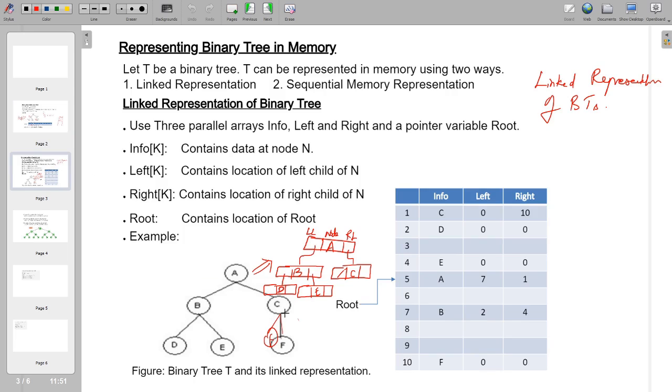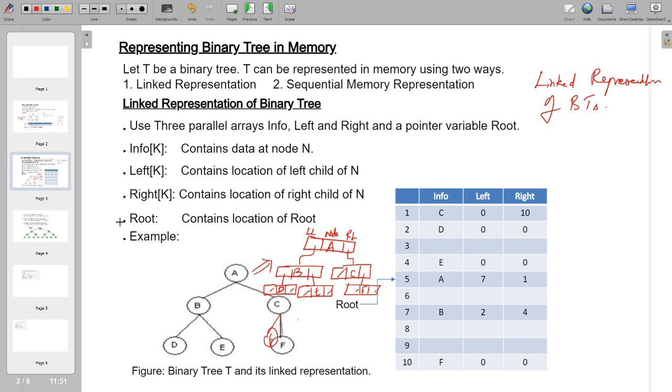But here I think this is a typo, they should have taken the same diagram that was taken in the previous slide, so let us assume that this is the right child, and we'll have this left link to be empty, and here we'll have F, and all the leaf nodes will have their link field as null. Okay,